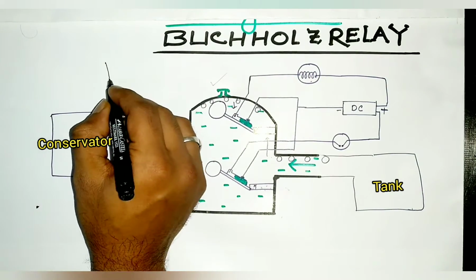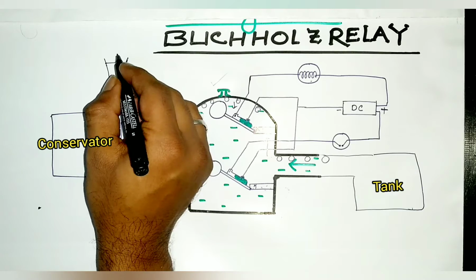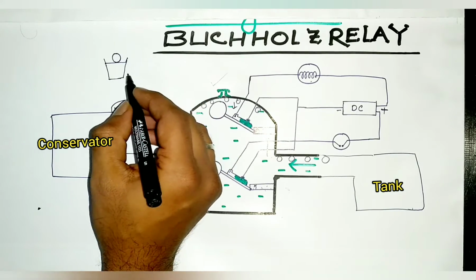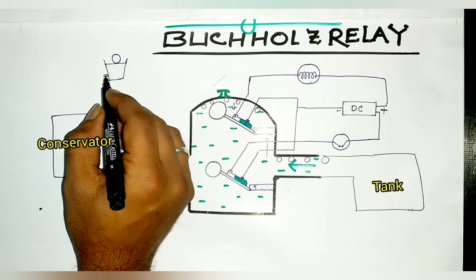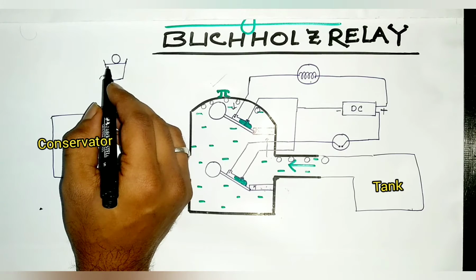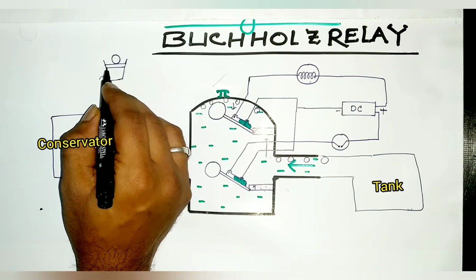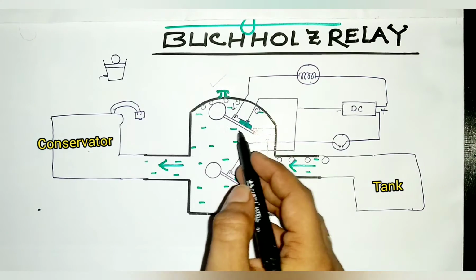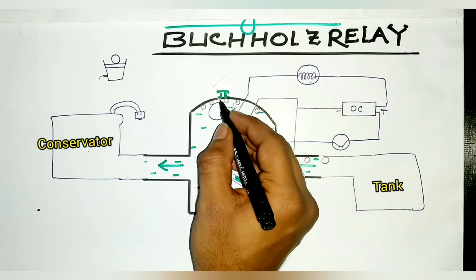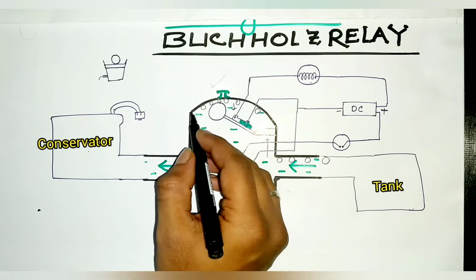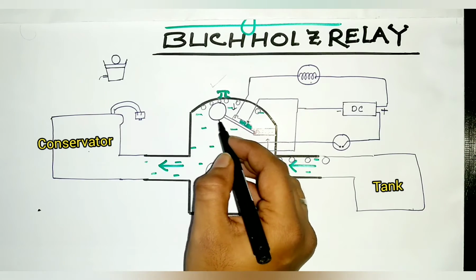Just assume this is a glass of water. This is the water level. If we keep a plastic ball on it and there is a water outlet at the bottom of this glass, when we release some water, the water level goes down, and this plastic ball also follows the water level. This principle is used in this case. When the gas bubbles accumulate in the upper position of the chamber, the oil level goes down. With the oil level, the float switch also goes down.